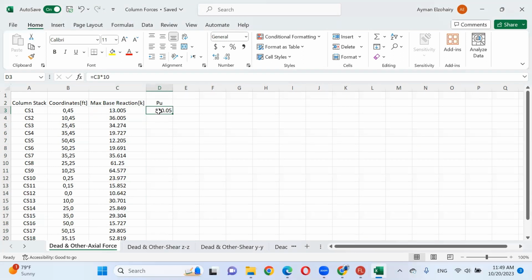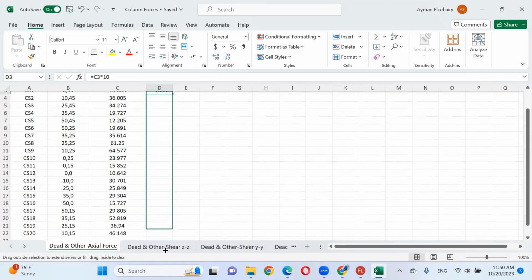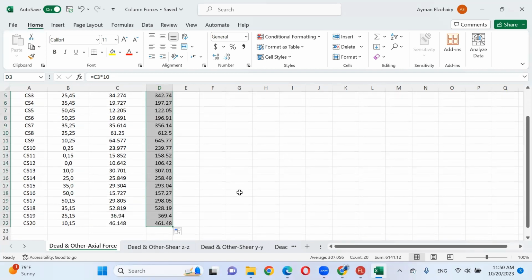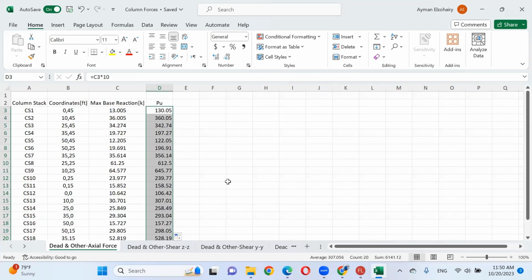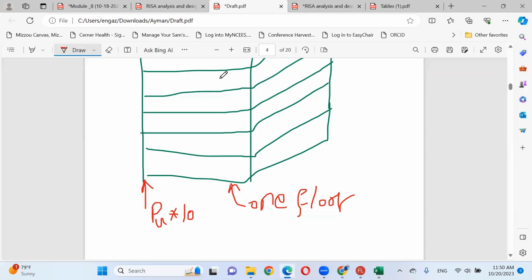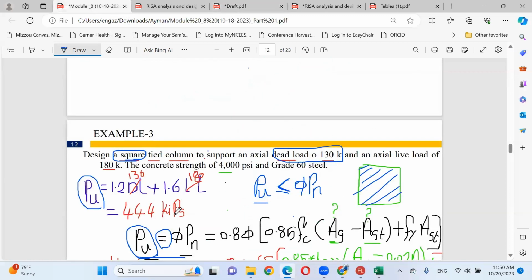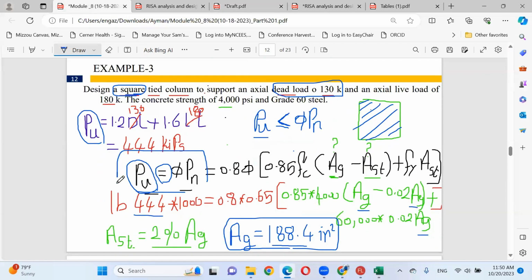Once you did the first column, just double click here or grab it down. It will be repeated for all the columns. Does that make sense? So this is your P ultimate, and this is the left-hand side of your design equation.